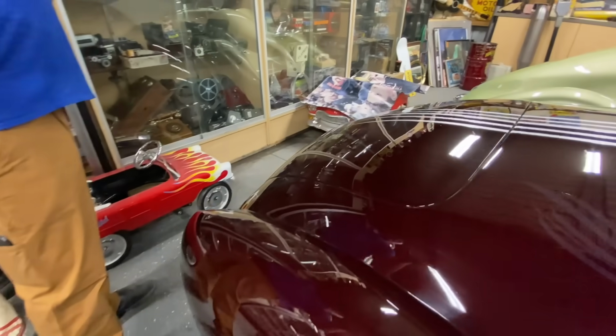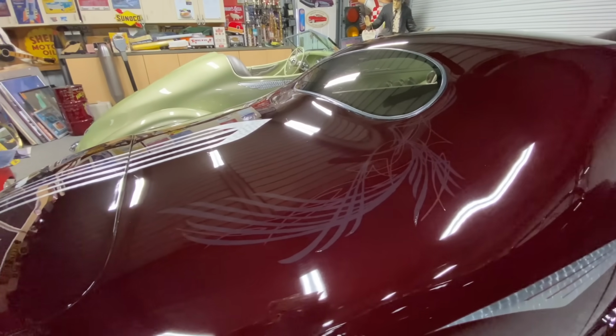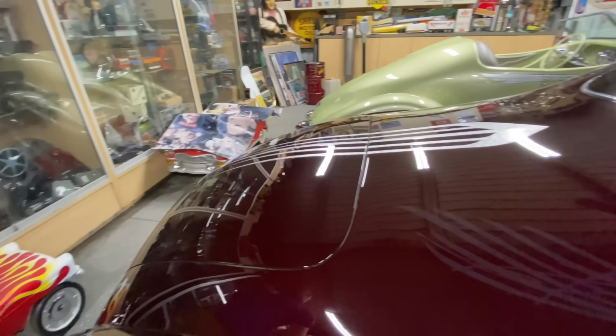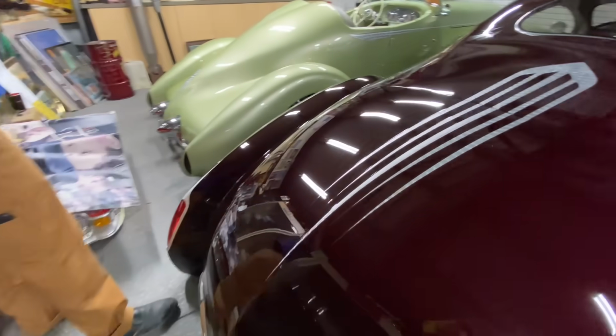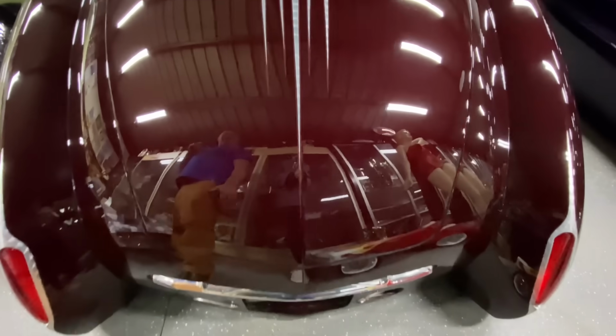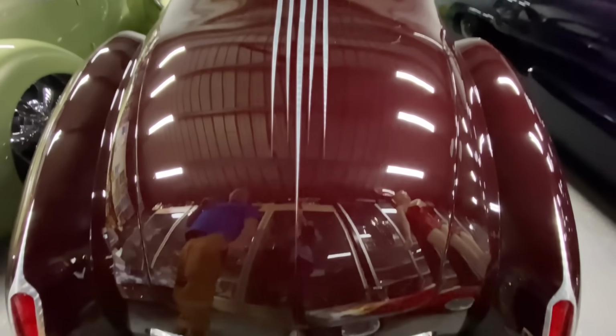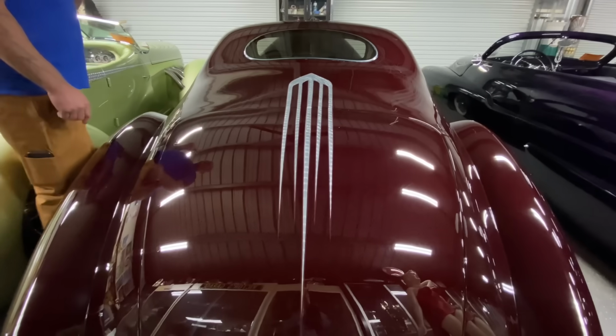The fenders are much wider. The body is sectioned and chopped. The fenders are pushed out. We took a Lincoln Town Car, changed the wheelbase on the chassis, and then the Lincoln Town Car is the platform that we hung this body on. It's got a Ford 5.0 racing engine by...